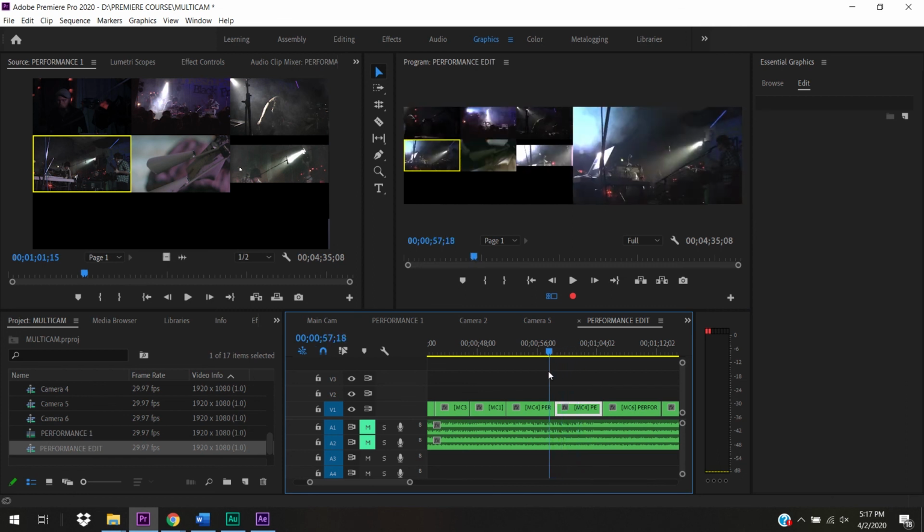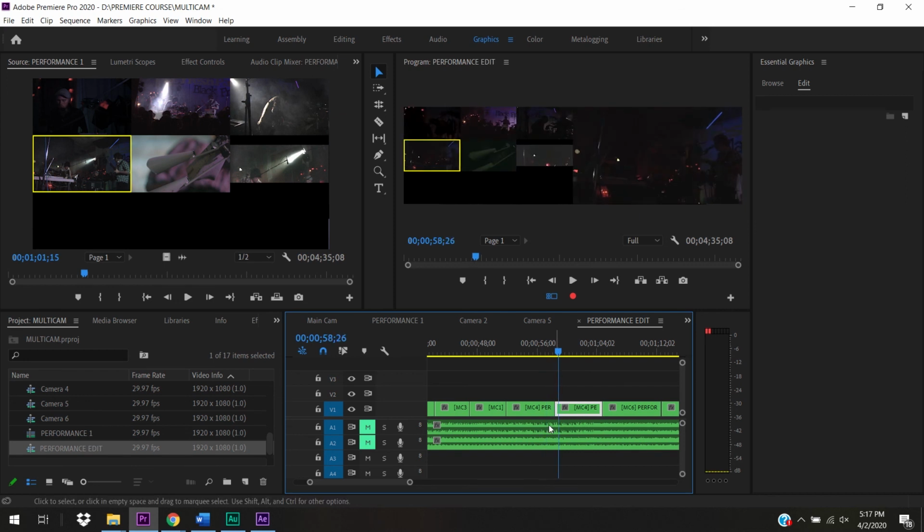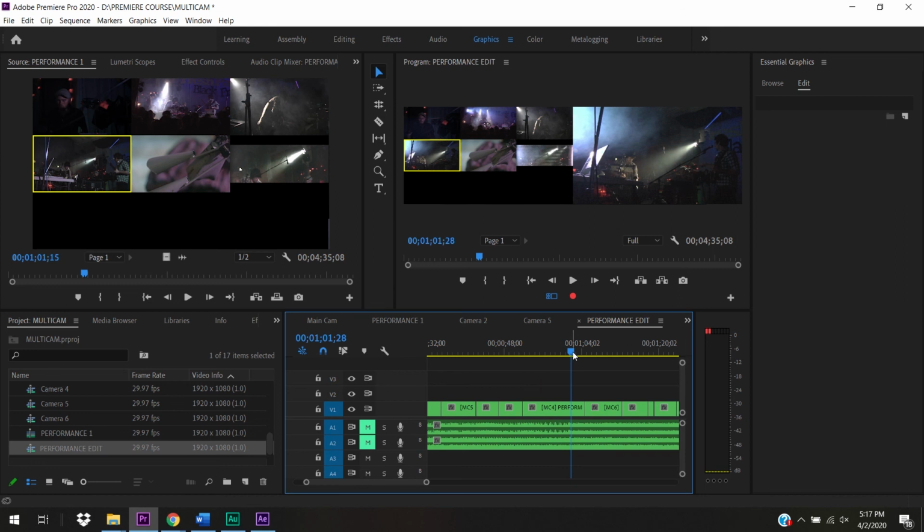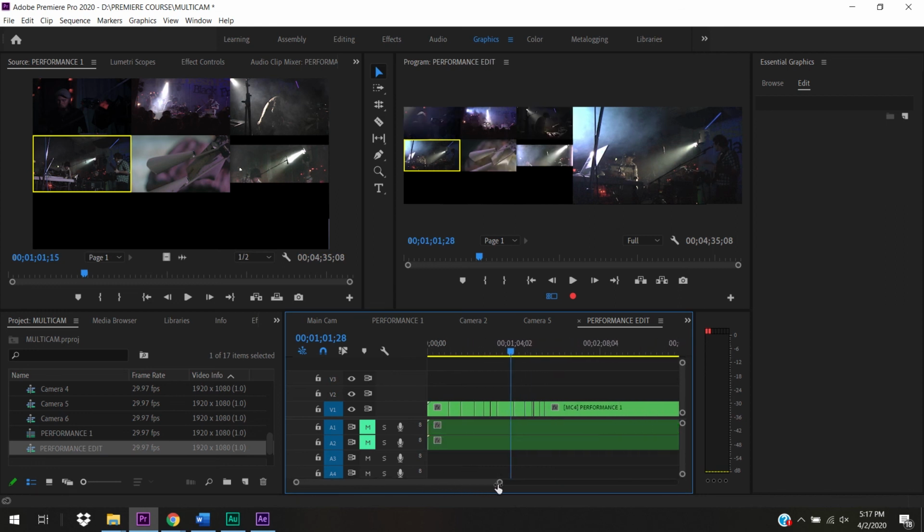And honestly, you could leave the cut there and that's going to do the same thing as deleting a cut. But if you want to be able to see your cuts for one reason or another, we can just click the cut now and press delete, and the cut is gone, but you haven't ripple deleted any of your footage. There's no issue with your sync or anything like that. So that's